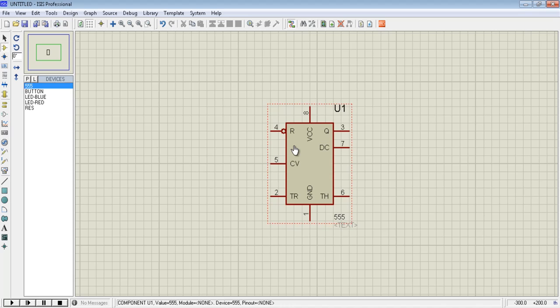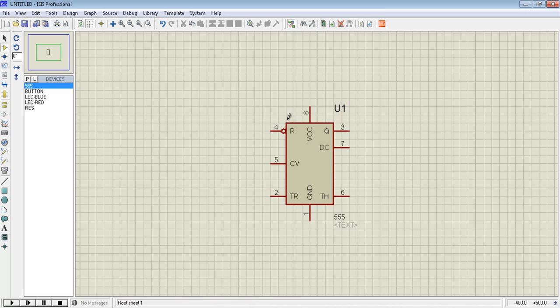This bistable mode has 2 stable states, high and low. Taking the trigger input, which is pin number 2, momentarily low makes the output of the circuit go into the high state, while taking the reset input momentarily low makes the output of the circuit go into the low state.